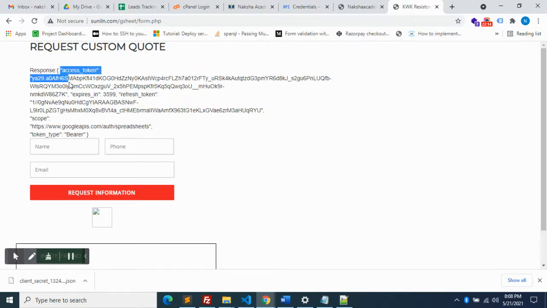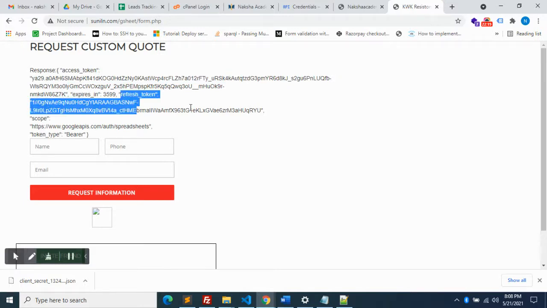You got the access token and refresh token. So what is happening here? This access token will expire within 1 hour, so every time we will be unable to insert the values. So we have to generate a new token every 1 hour. For that we have to use a database. In the database you have to create one table like Google OAuth token, with an access token and refresh token.